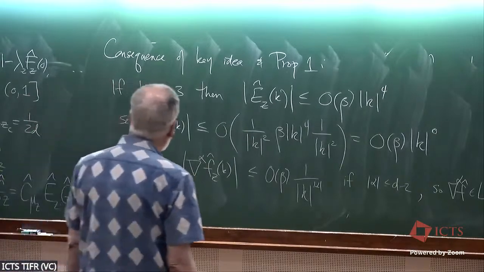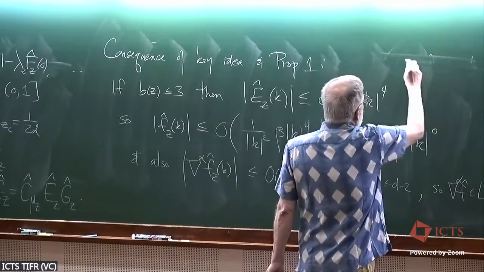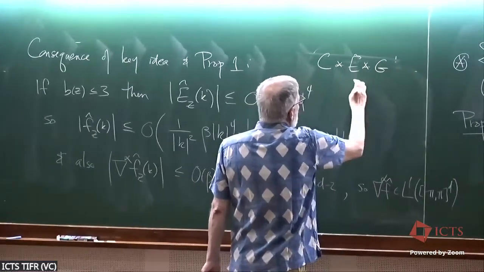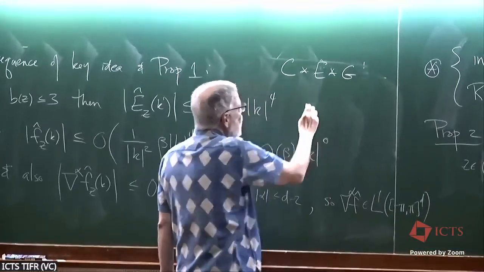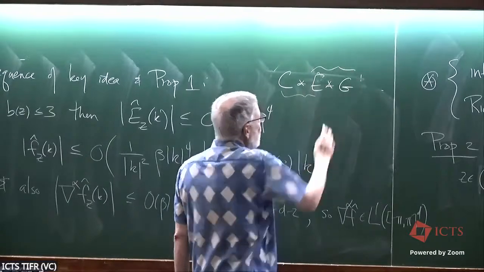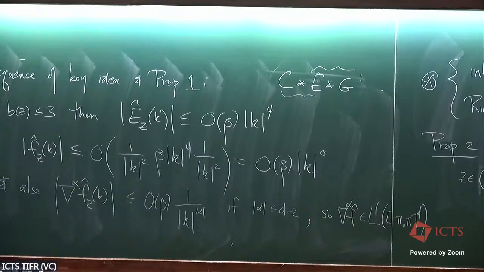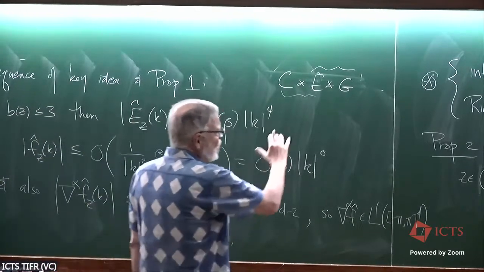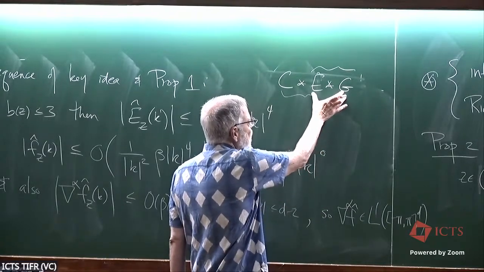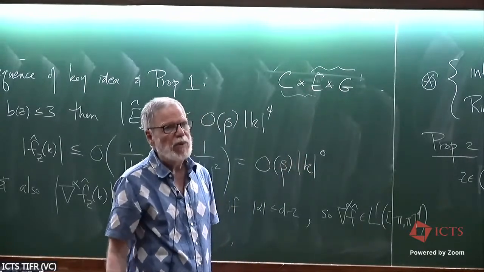And what we did in 2003 was in this C star E star G thing, we worked very hard on, I can't remember whether it was this factor or this one, on getting estimates of sort of pairwise. So there was really a lot of Fourier analysis involved in getting an estimate on a convolution like this and then doing the convolution with the other thing. So we missed something.